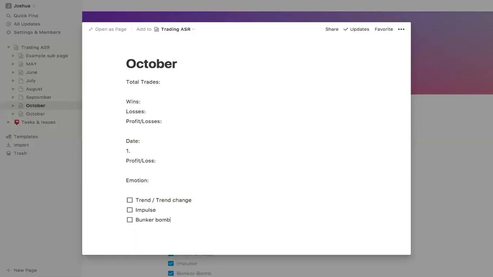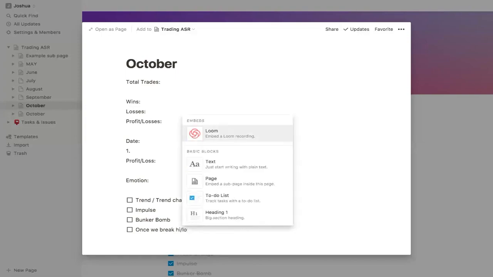Because obviously we'll have other strategies we'll be trading. So we'll obviously type in what sort of strategy we're using. Was it a bunker bomb? Was it something else? And then I like to put in once we break high or low,